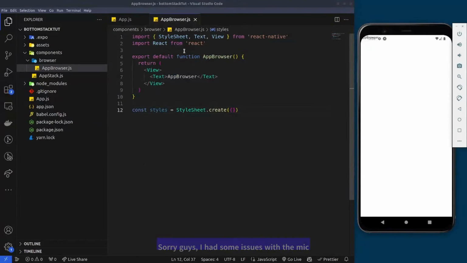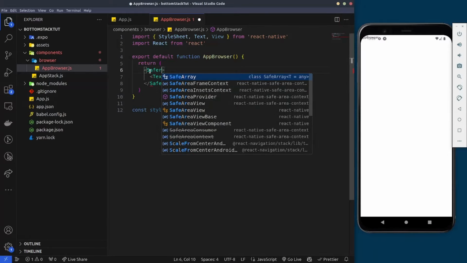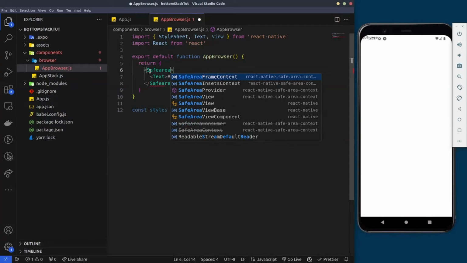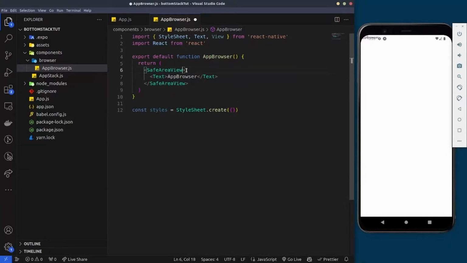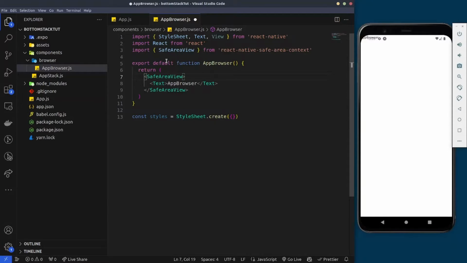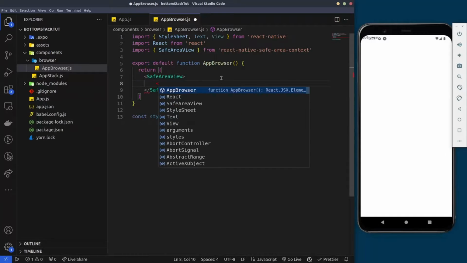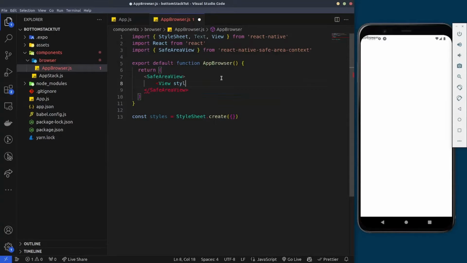So going back to this app browser, we're going to start designing the interface for the browser. I'm going to replace this view here with a safe area view, and import it from the React Native safe area context. And in here we'll replace this text, and we're going to start designing the URL bar. So we'll say view, style is URL bar,